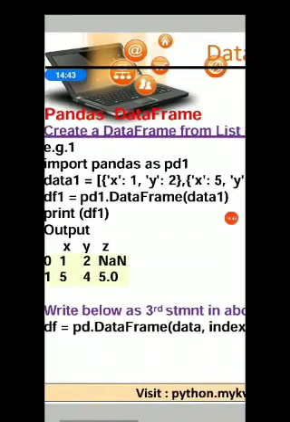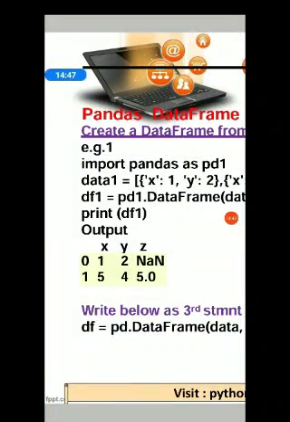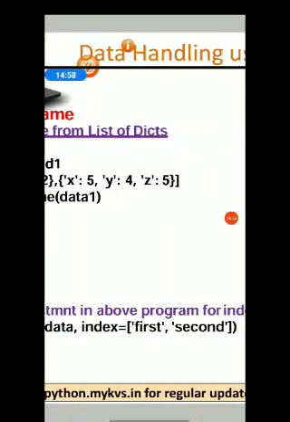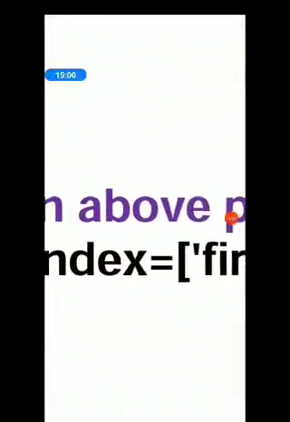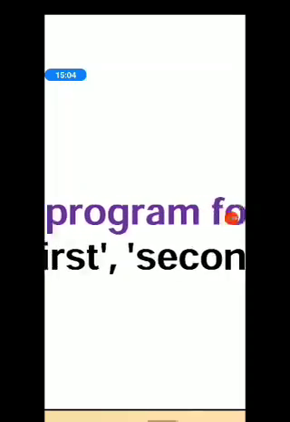Okay. Right below the third statement in the above program, see here the default index locations are given as 0 and 1. If you don't want 0 and 1, in place you can give, using the keyword index, first and second. Please try it.